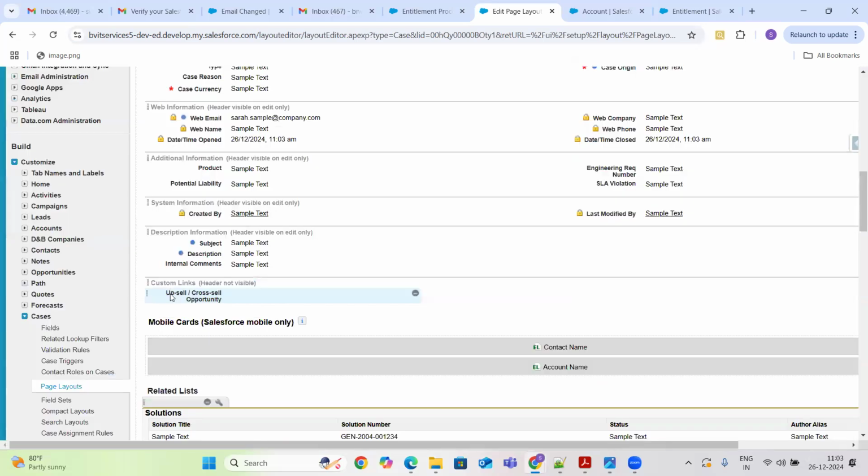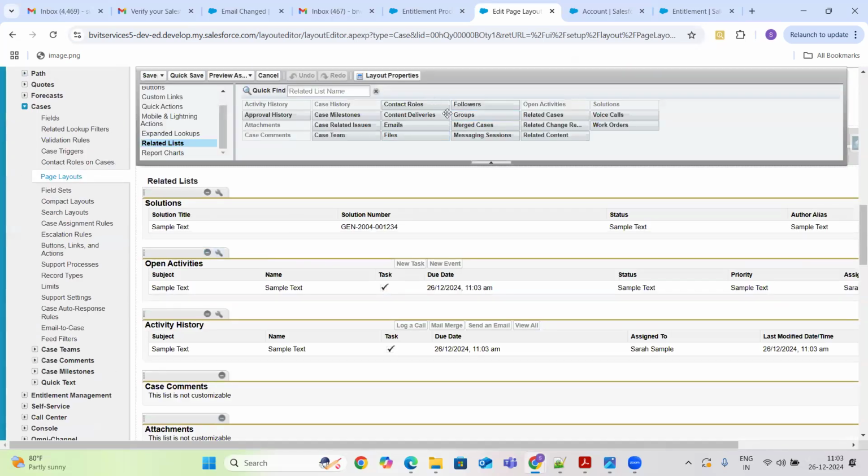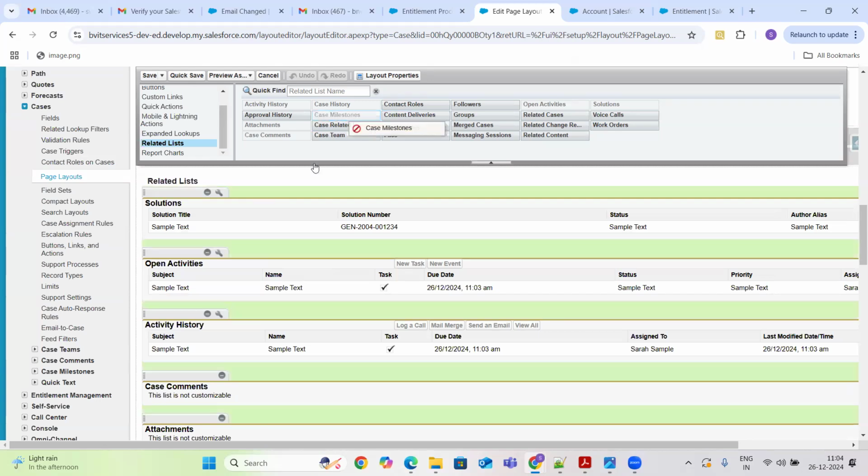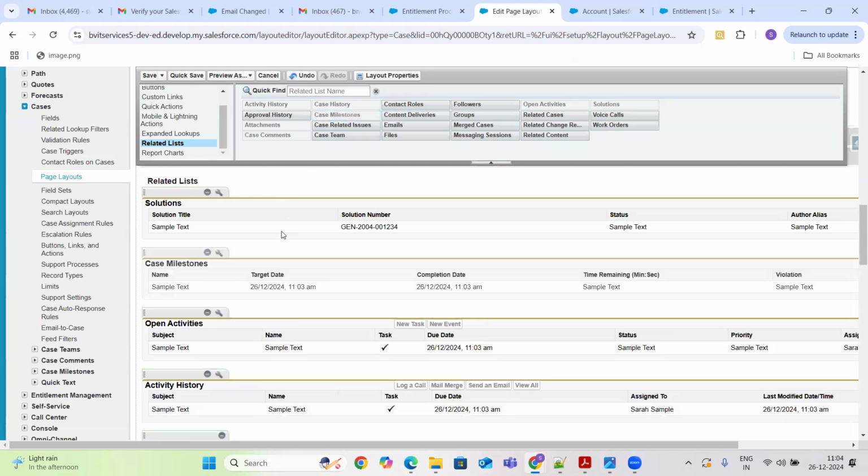if I go to the related list, there is a thing case milestones, guys. Okay, you just need to bring this one down to related list and click on save.